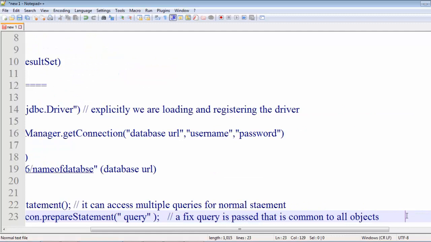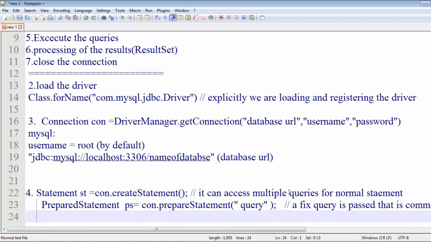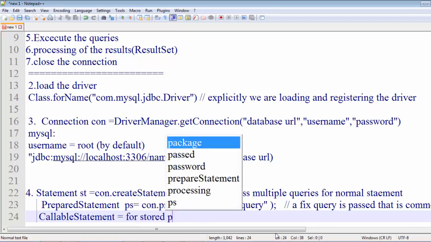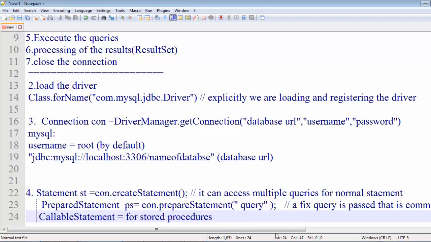The third type is callable statement. It is used for stored procedures. It means that if we are working on PL/SQL and have to access stored procedures or functions, then we will be using callable statements.